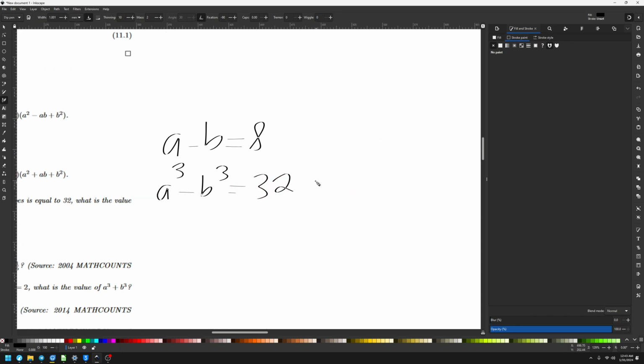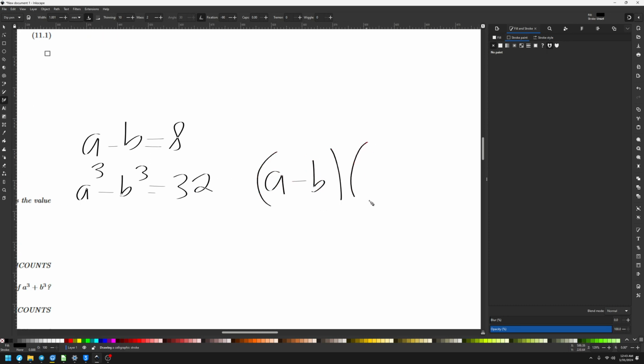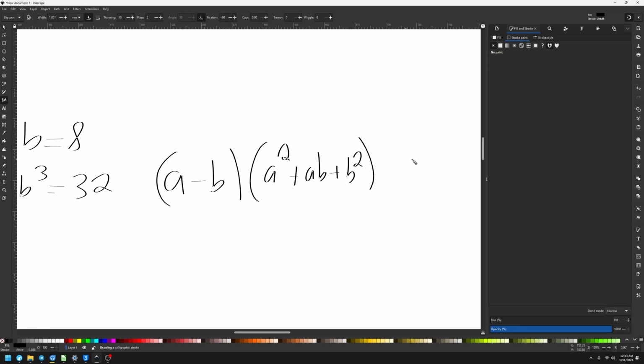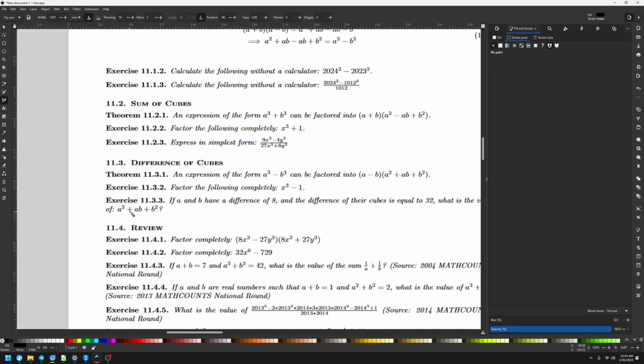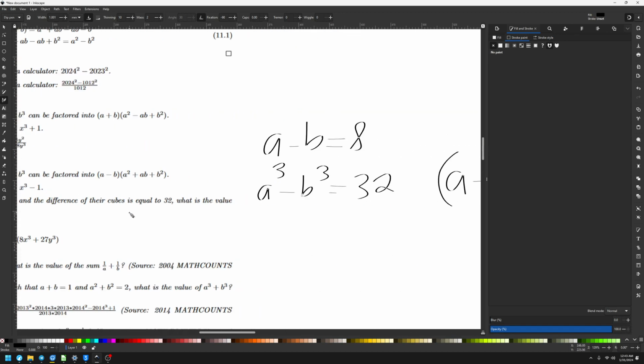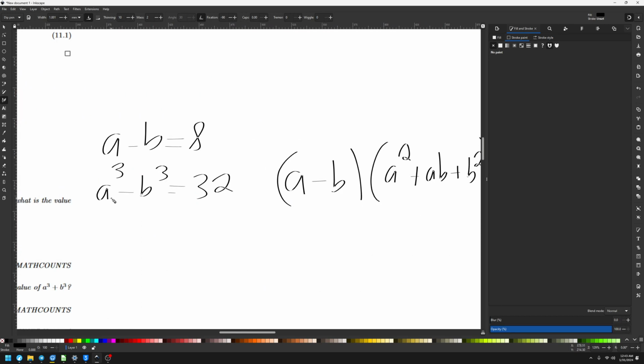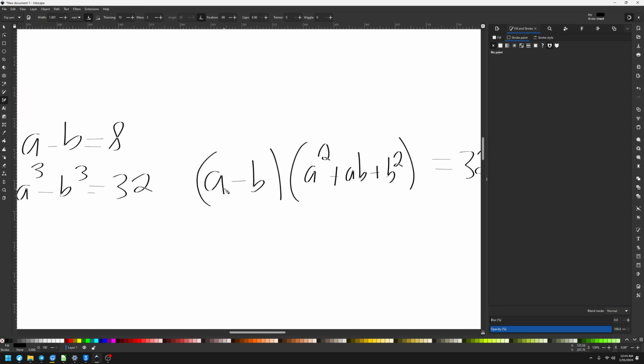Let's factor the bottom and see what we can get from that. So a minus b times a squared plus ab plus b squared is equal to 32. We should look at that. The desired quantity a squared plus ab plus b squared is one of the factors of a cubed minus b cubed. So since we have a minus b here,